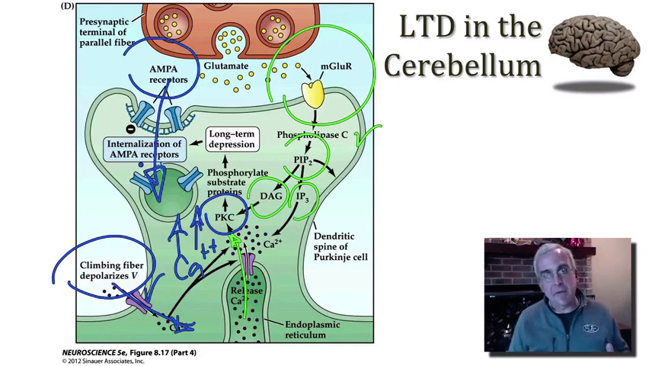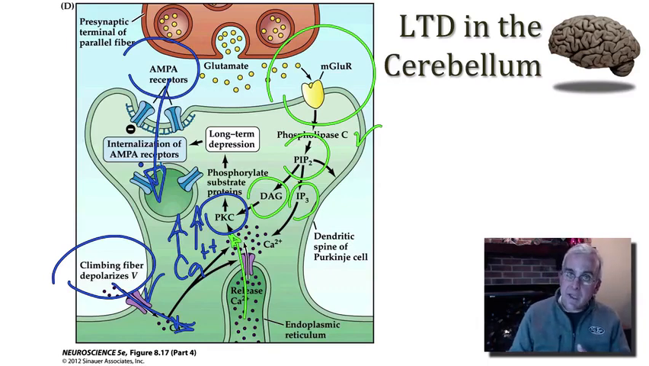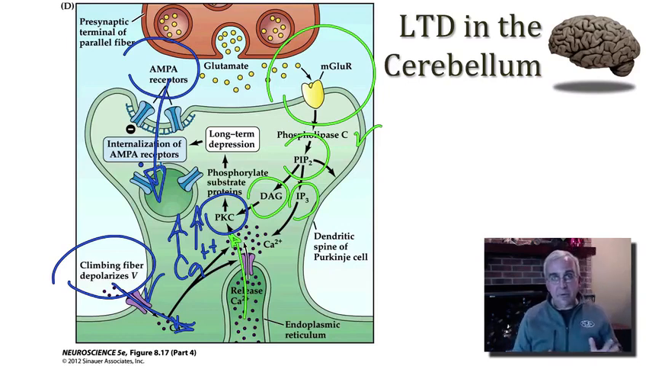Now, let's be clear. In the cerebral cortex, high levels of calcium lead to potentiation. But in the cerebellar cortex, high levels of calcium lead to depression. And the difference has to do with the second messenger cascades and the consequence of activating those cascades. In the cerebral cortex, those cascades end up inserting AMPA receptors into the postsynaptic membrane. But here in the cerebellum, a different cascade leads to the internalization of AMPA receptors and the depression of that